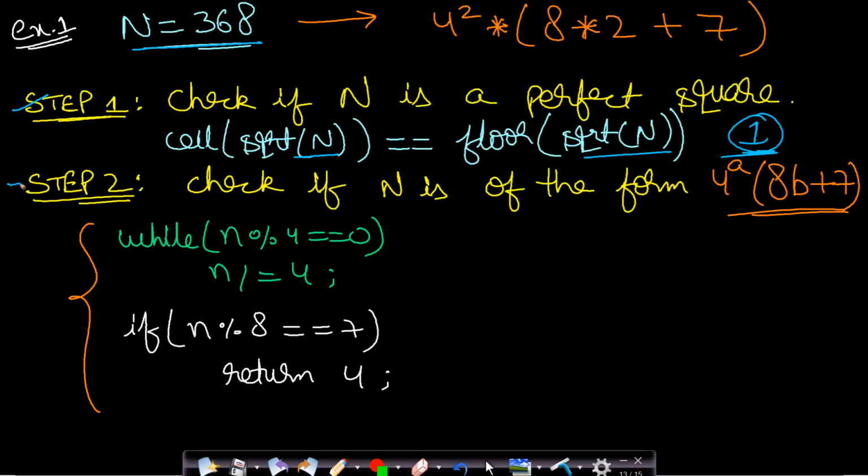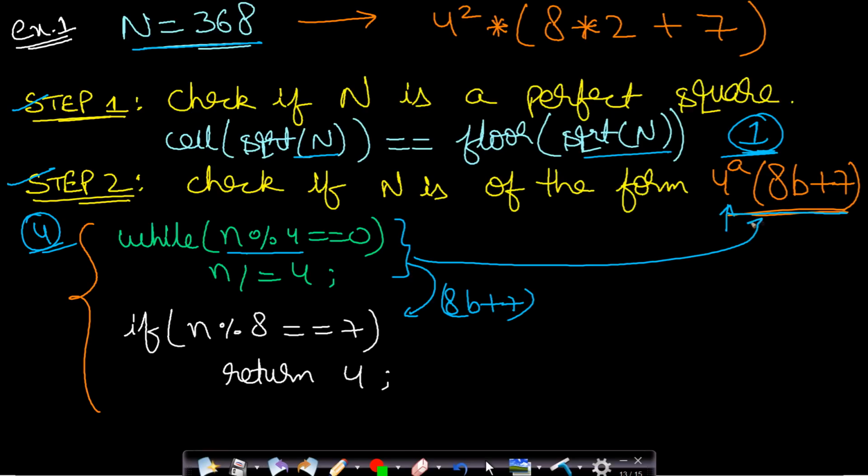Okay. Now we will check for case 4, that is, if your answer can be 4. Now check if the number is of the form 4 to the power a into 8b plus 7. So how do you check this? Actually, you will keep dividing the number by 4. Unless and until the number is not divisible by 4, you will not stop. Okay, you will keep dividing the number by 4. So when you come out of this, then your number can be in the form of 8b plus 7 if your number was initially in the form of this one. Okay, so if you take this 368, then your result here before entering this if statement will be 8 into 2 plus 7, which is nothing but 23.